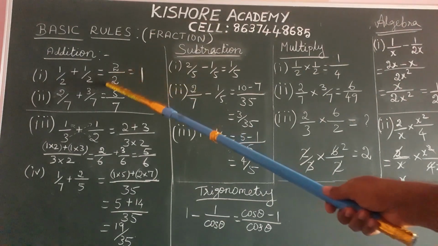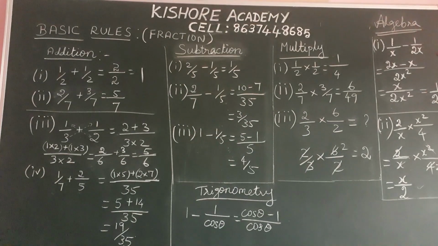Here you can see some numbers, some values. Here some variables are present. That's all. Whatever it may be, the procedure is the same. So the denominator values are different. What are you going to do? Multiply these denominator values. So 2x into x is equal to 2x square, and cross multiply the value 2x, 2x minus x is the numerator value divided by 2x square is the denominator value. Now you subtract 2x minus x, which gives x, and 2x square as same. Cancel the x with the x, so the answer is 1 by 2x.